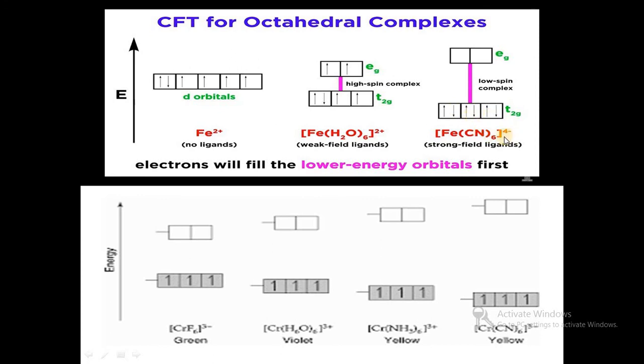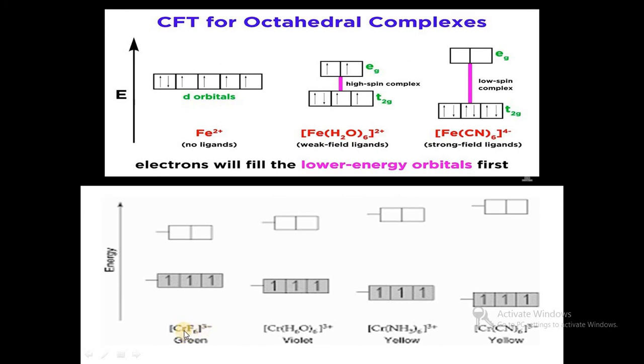That is, [Fe(CN)6]4- does not obey Hund's rule, but in the case of [Fe(H2O)6]2+ it obeys Hund's rule. Hund's rule states that electrons are initially filled singly and then doubly. In [Fe(H2O)6]2+ it obeys Hund's rule, but in [Fe(CN)6]4- it does not obey Hund's rule. And then another example, in the case of